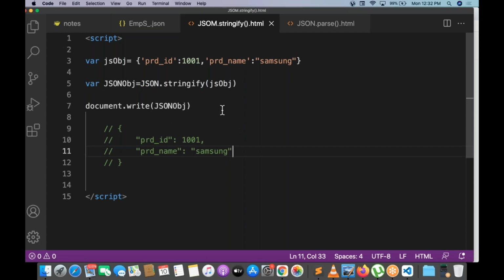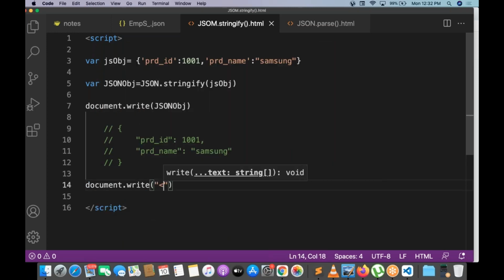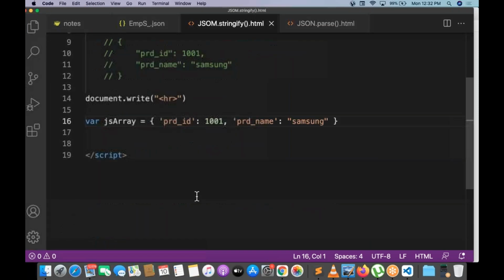Okay, so this object is already stringified. Now can I go with an array? Yes, I will close it within 5 minutes. Document dot write HR. Next, I will take one JavaScript array. JS array. Array means square brackets.